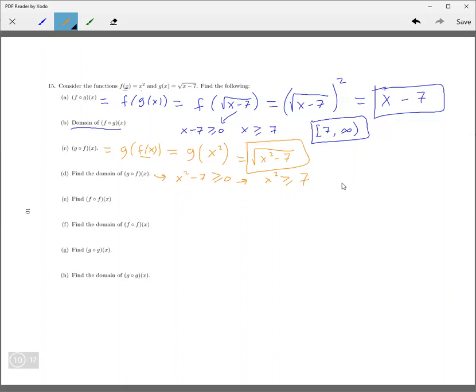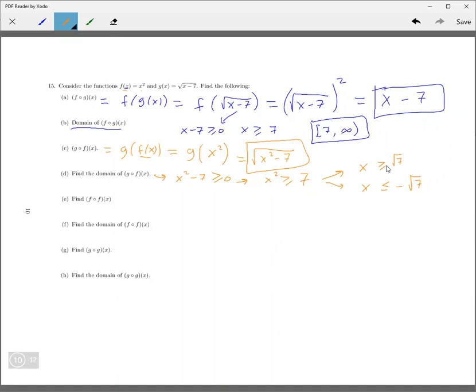Now, you could just take the square root. If you take the square root, then you get x greater than or equal to the square root of 7. But that's not the whole picture, because if x is less than or equal to negative square root of 7, then that's also going to work. So all values,